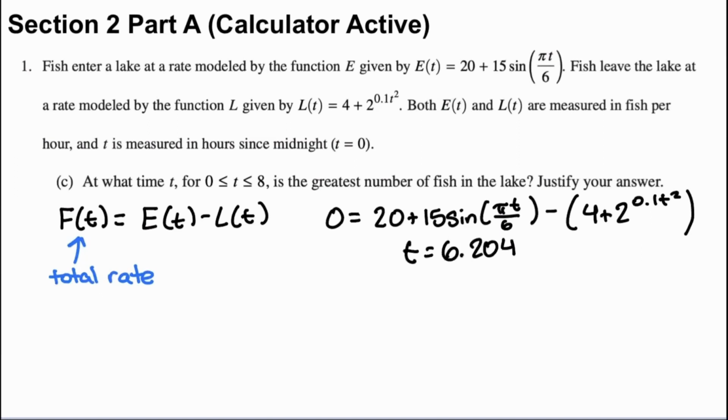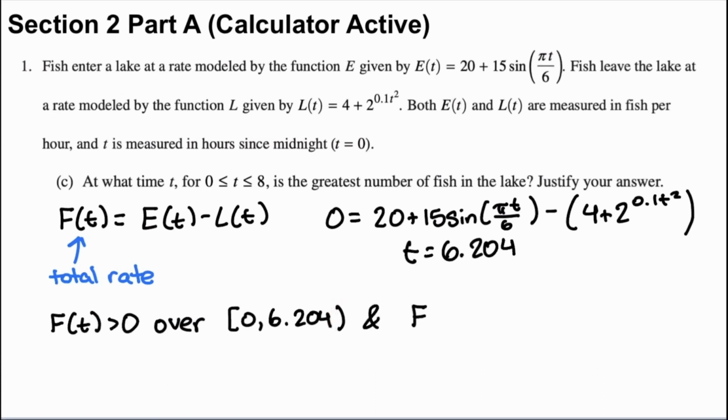And so our justification, this is going to be the time where there's the greatest number of fish in the lake. So our justification is going to be f of t is greater than 0, aka it's positive, over the interval from 0 to 6.204. You want to make sure that this is a soft bracket because that's not a part of the interval, because at 6.204 the function's equal to 0. And f of t is negative, or less than 0, over, again, a soft bracket, 6.204 to 8, comma, therefore,